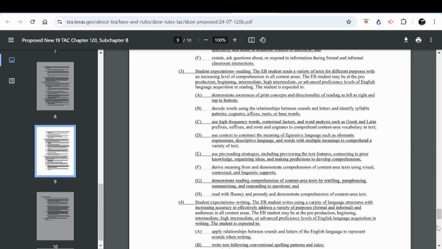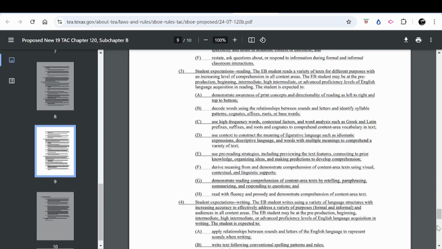to comprehend content area vocabulary and text. D. Use context to construct the meaning of figurative language such as idiomatic expressions, descriptive language, and words with multiple meanings to comprehend a variety of text.